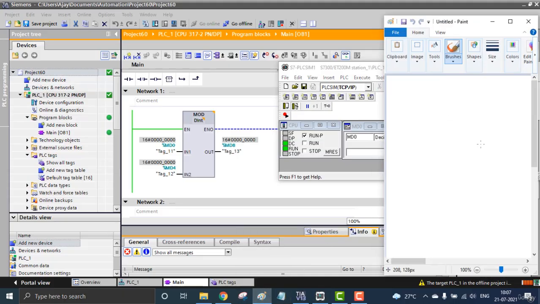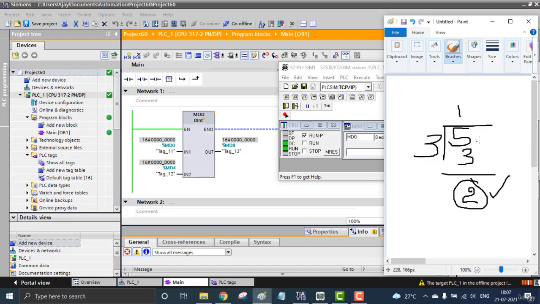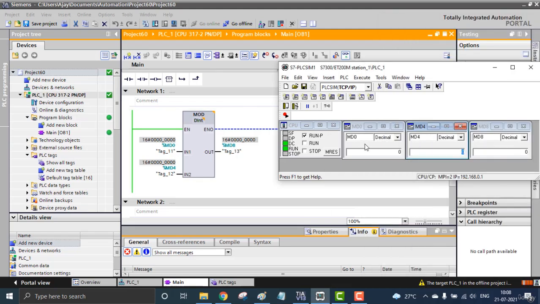Like when we are dividing, 5 divided by 3, the remainder is 2. This is actually found by the MOD block. So the two inputs will be, in 1 will be 5, in 2 will be 3. So 5 divided by 3, we will be getting the result as 2 here. Let's check. So MD0, which is 5, divided by 3, we will be getting the result as 2. That is the remainder block.